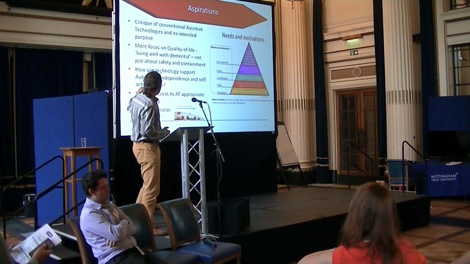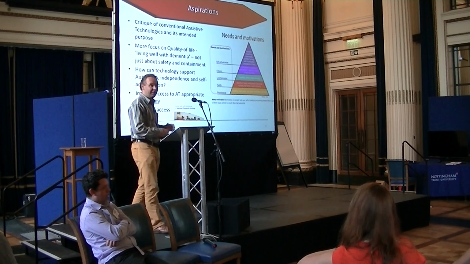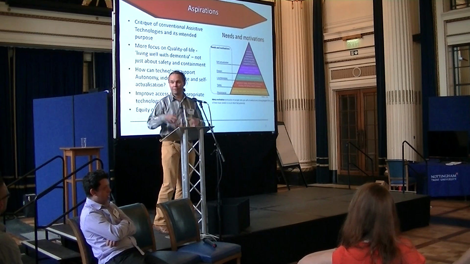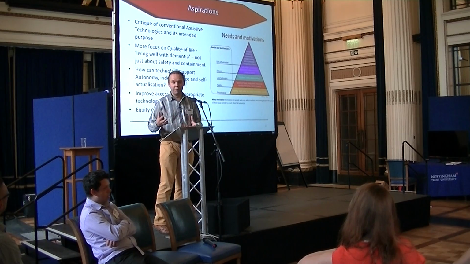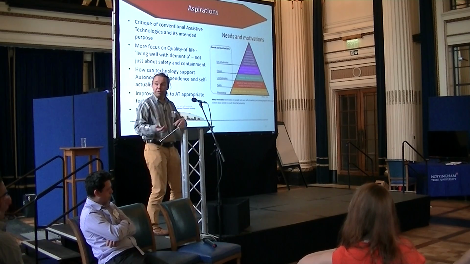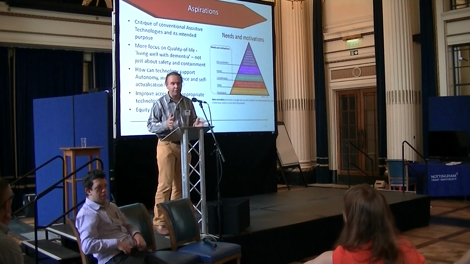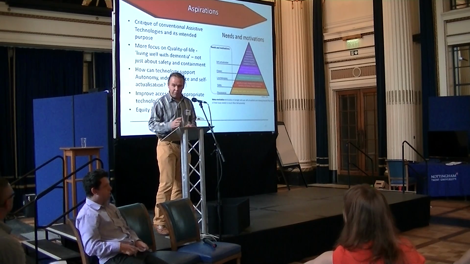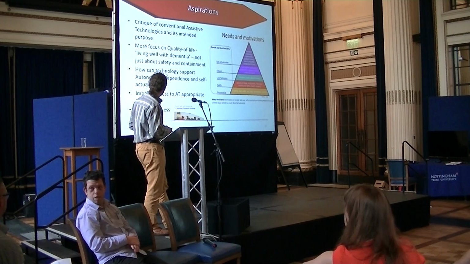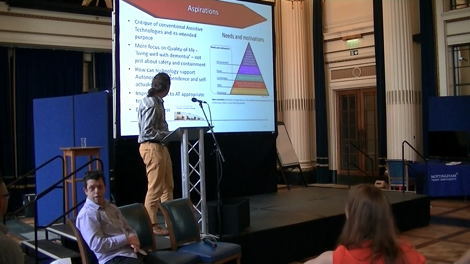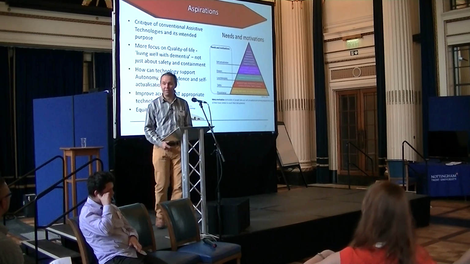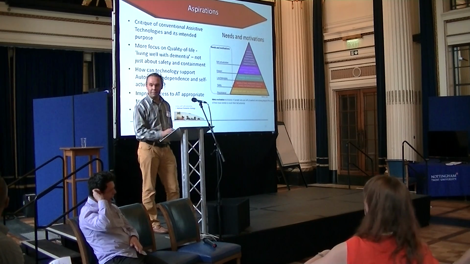There's also a need to improve access to assistive technologies. It's a very fragmented market. Some of these things you can only buy yourself. Some are already built into home environments, or should be, but aren't. And who's responsible for installing them? There's a lot of discussion about who pays for it. So the issue of access is really important, and equity of access specifically. The government strategy for dementia is about living well with dementia. It's not just about containing dementia.